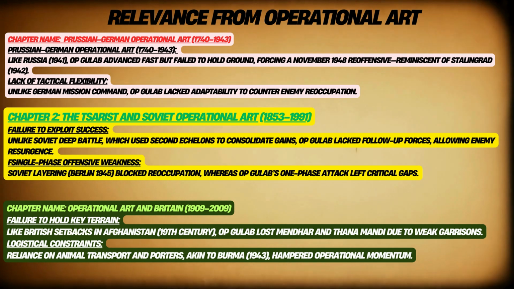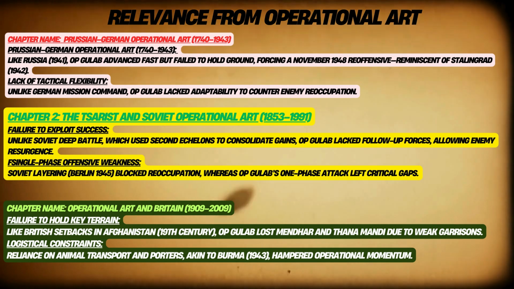Single-phase offensive weakness. The Soviets used layered offensives, for example Berlin 1945, to prevent enemy counterattacks. In contrast, OP Gulab's single-phase attack left gaps, allowing the enemy to regroup. Chapter 3. Operational Art and Britain, 1909 to 2009. Failure to hold key terrain. Similar to British setbacks in Afghanistan, 19th century, Operation Gulab lost Mendhar and Thanna Mandi due to weak garrisons and